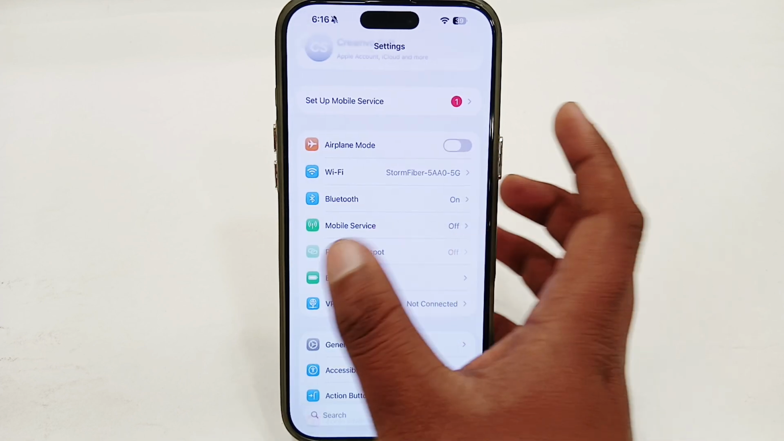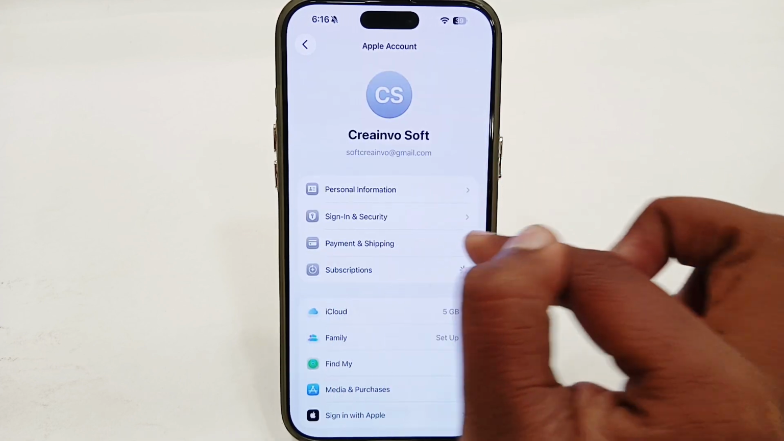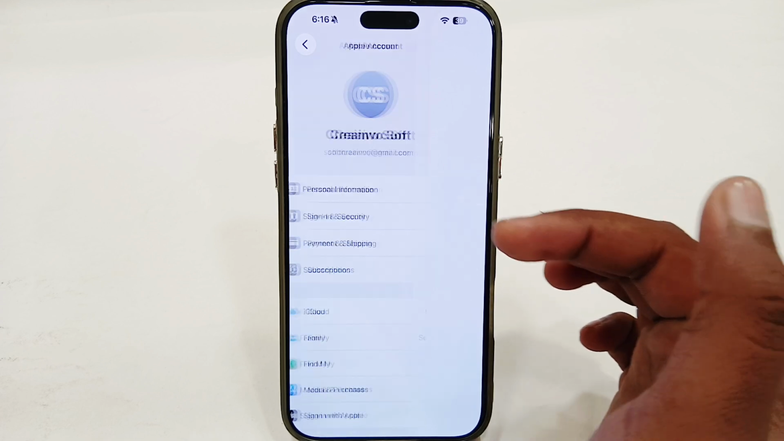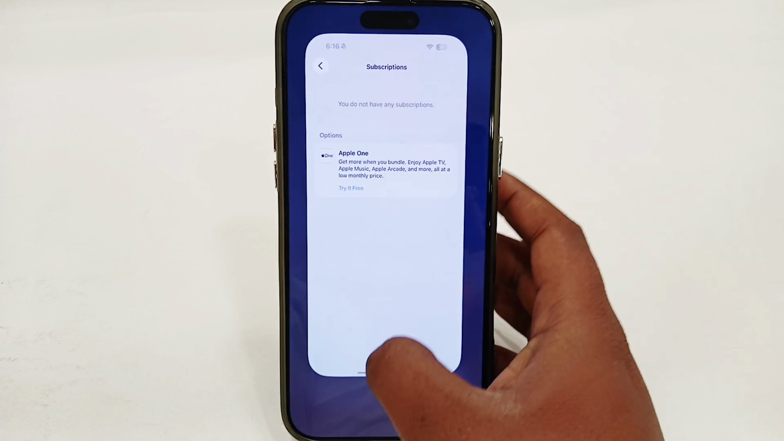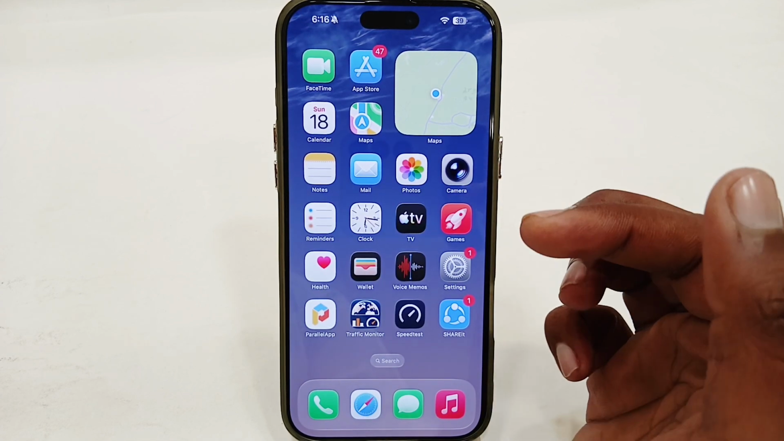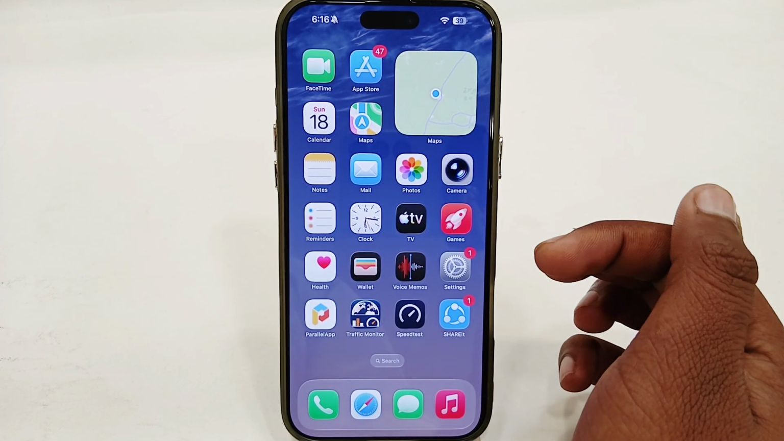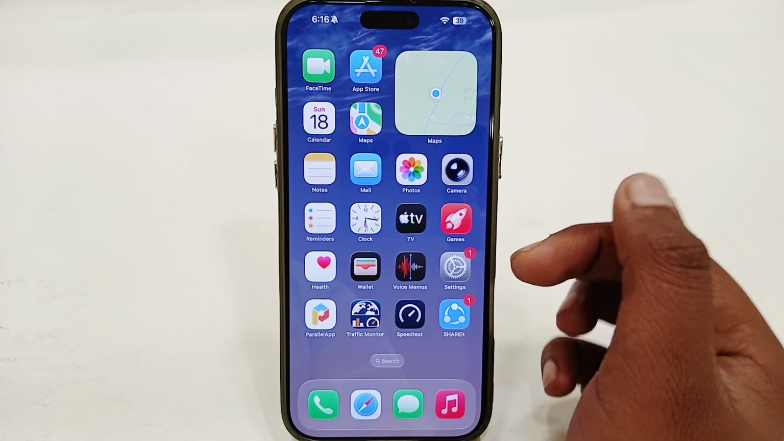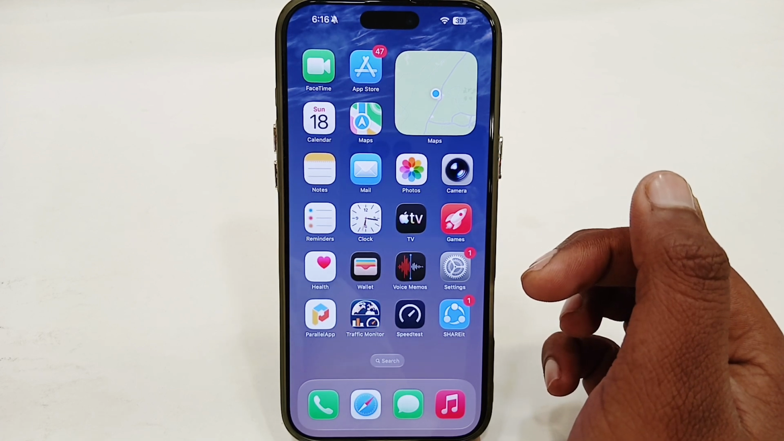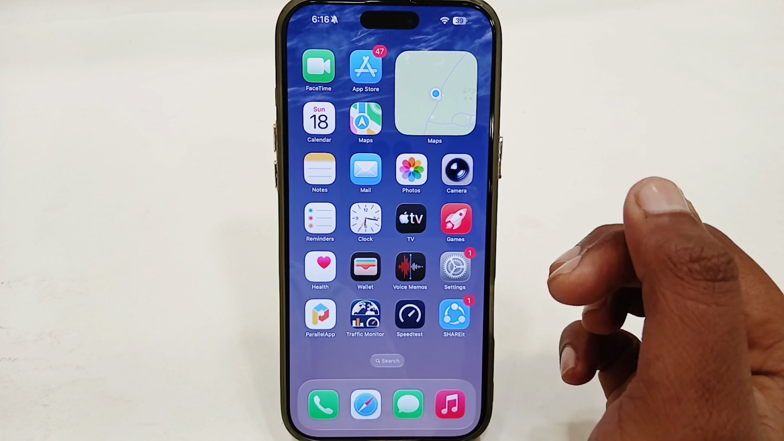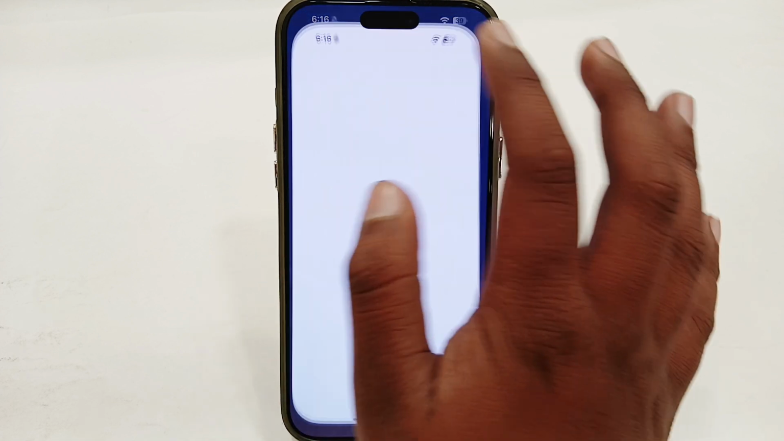After updating software, you just have to tap on your Apple ID, then tap on Subscriptions, and make sure that you don't have any subscriptions here. If you have any subscription, just try to clear or delete them. After deleting or canceling your subscriptions, you also have to make sure that you don't have any remaining credit balance in your Apple Pay. If you have, just try to spend that out, and after spending your credit balance, open your App Store, and